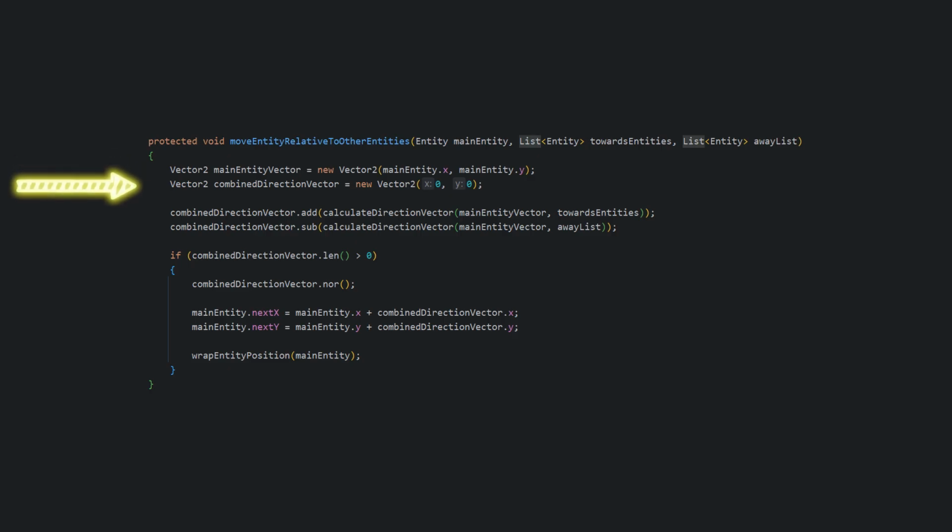We then create a vector which we'll be using to store the combined total of all the vector math we're going to be doing. The next two lines are where we add all the vectors to the combined direction vector that we just created. The first line loops through each entity that we want to go towards and adds it to the combined direction vector. The second line does the same, except it subtracts them from the combined direction vector, since we want to go away from them